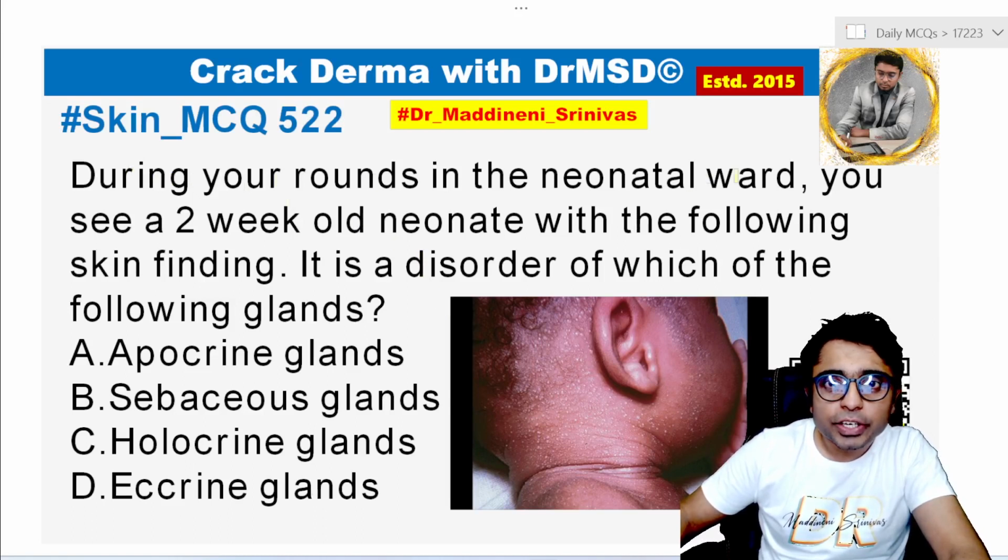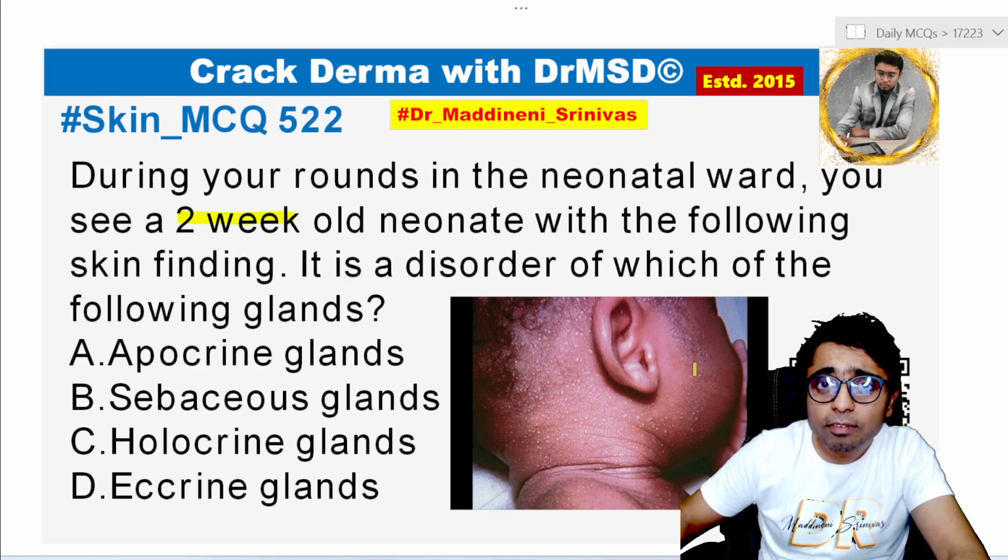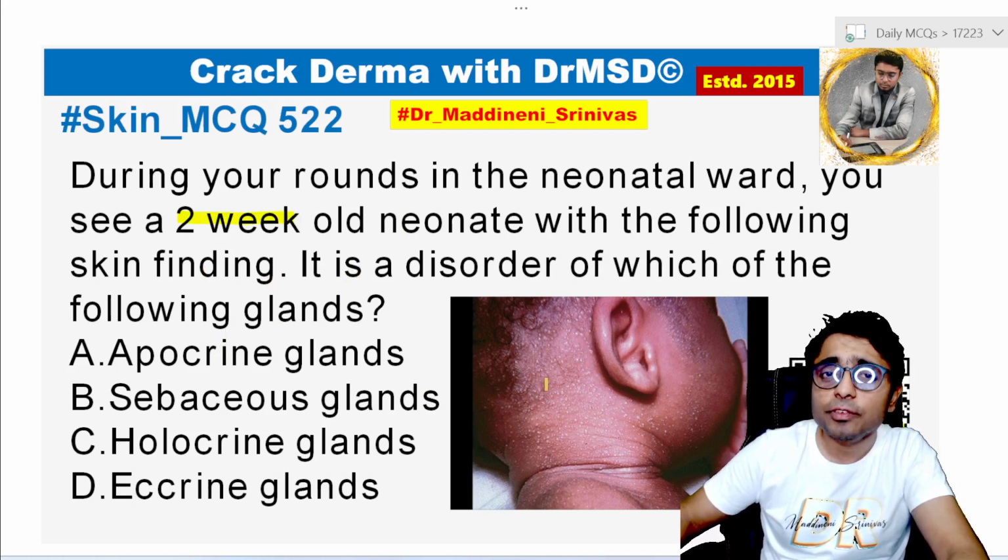During your rounds in the neonatal ward, you see a 2-week-old neonate with the following skin finding. It is a disorder of which of the following glands? If you see the image, you are able to see vesicular fluid-filled lesions present over the body. And if you have diagnosed it as Miliaria Crystallina, you are absolutely right, and it is a disorder associated